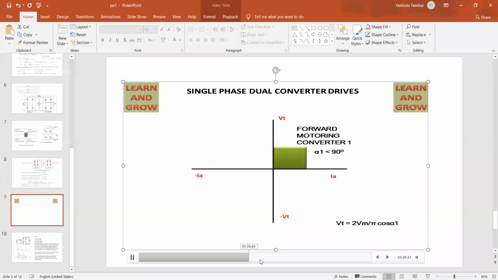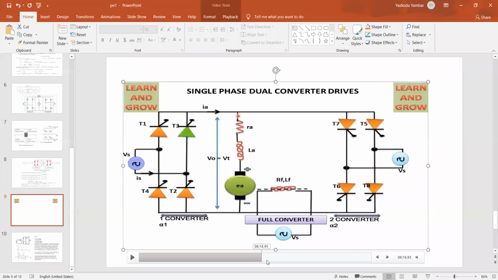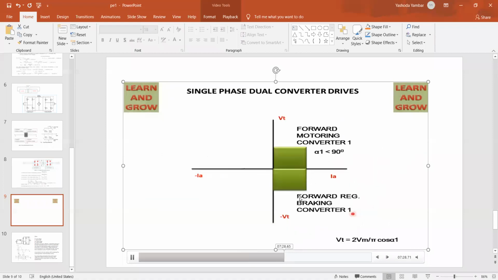Next, I want to make this particular motor act as the generator. Power is transferred from load to source. Yes, the same motor can act as the generator. Yes, this word is important: braking, you will study in the future. When an electric train is approaching the station, we apply the brakes. What type of braking mechanism are we using? We are not using a mechanical braking system. We are using electrical braking.